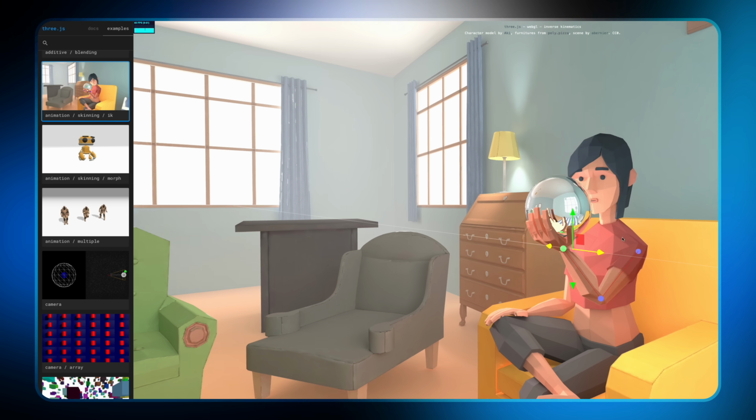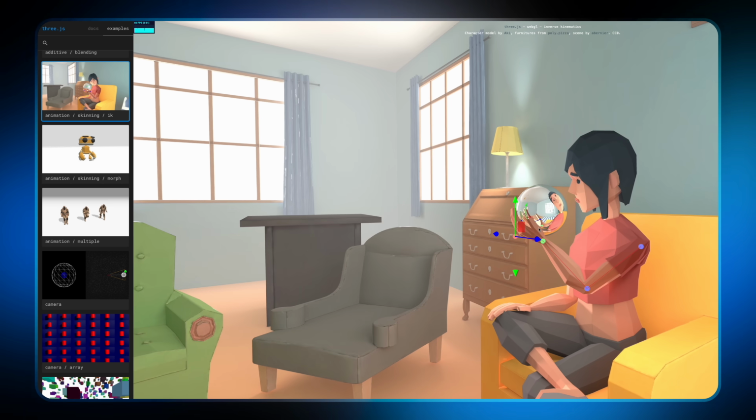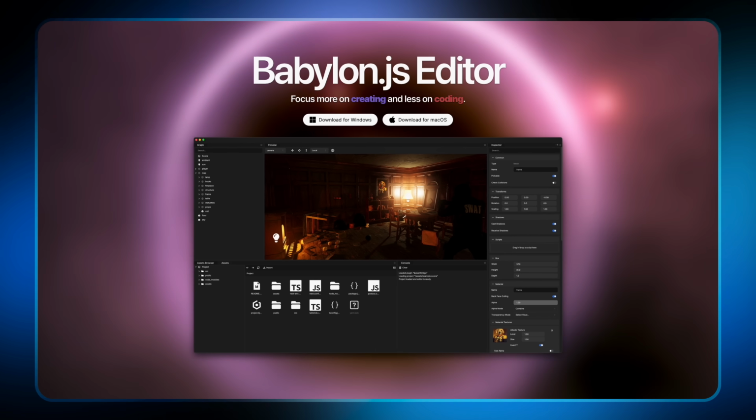Obviously, powerful tools come with helpers. Libraries like Three.js and Babylon.js are like pre-built IKEA furniture for 3D graphics. They take care of the complex stuff, so you can focus on building your amazing experience.